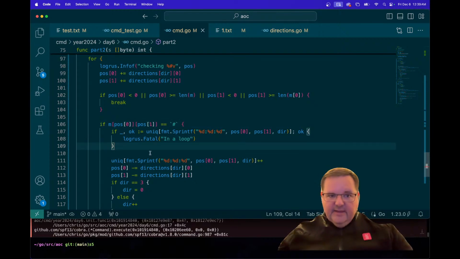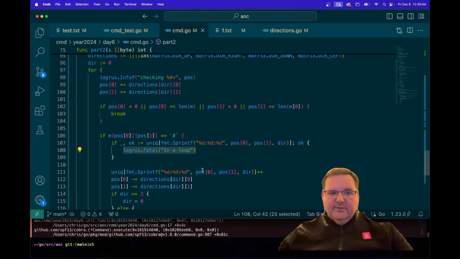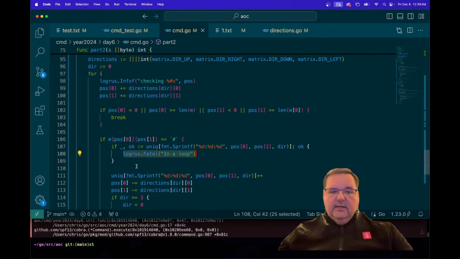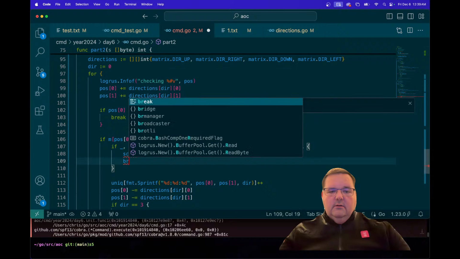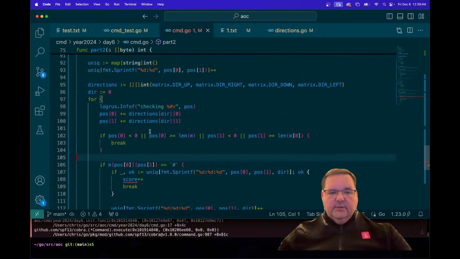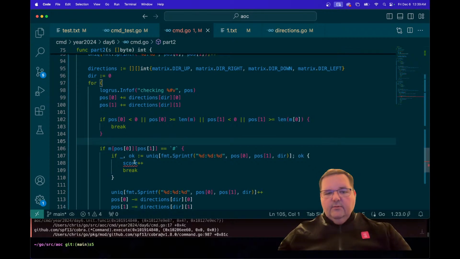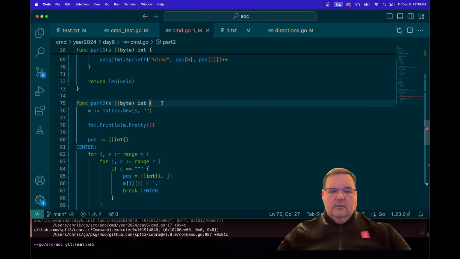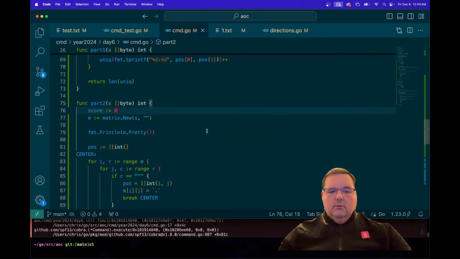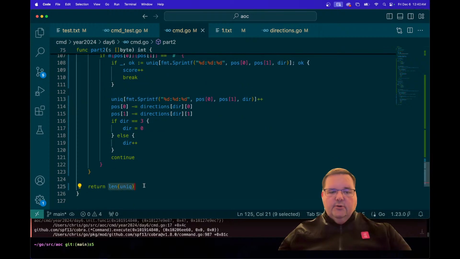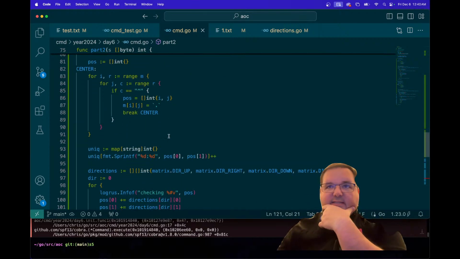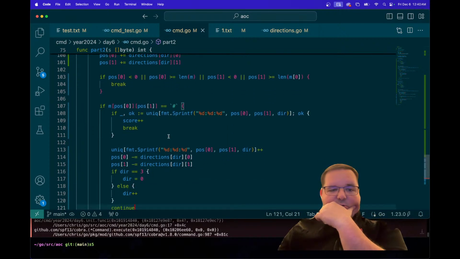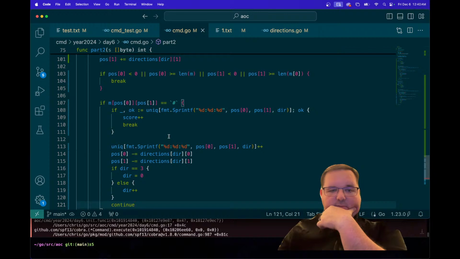So we're not going to fatal here, but that's our loop condition, right? I guess we can do score plus plus here and then break, right? Okay, cool. So now we know that we've got a score that we can increment. And we're going to return score here. Okay. So now we know how to increment our score, and that's anytime we get through that uniqueness. So our answer here